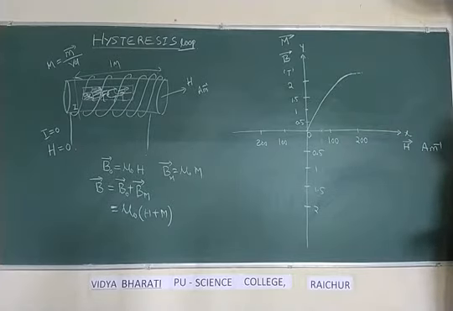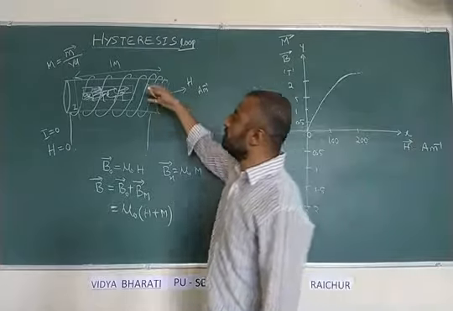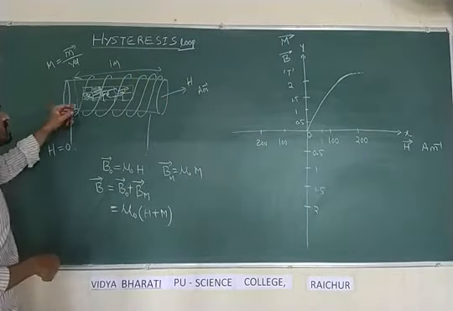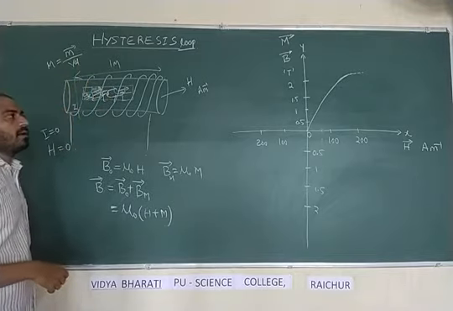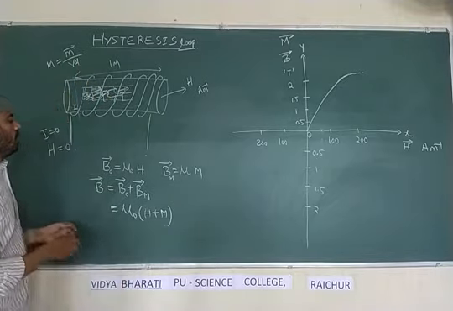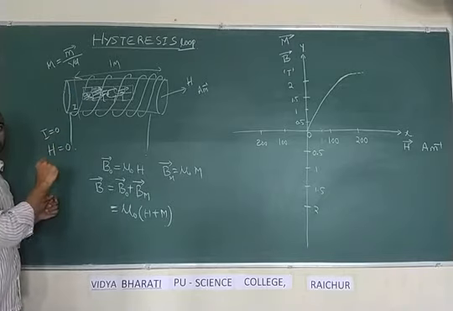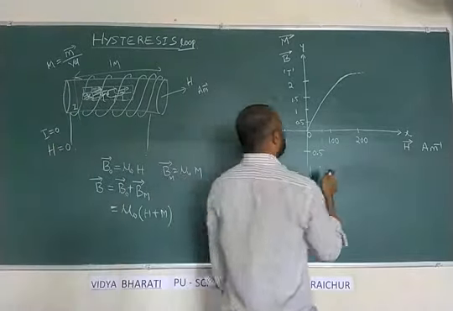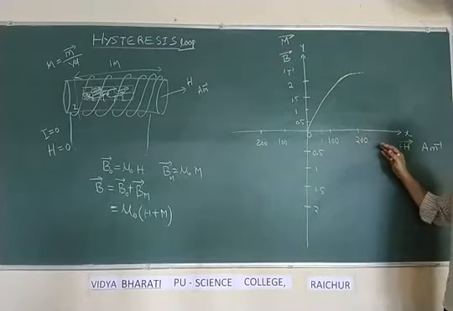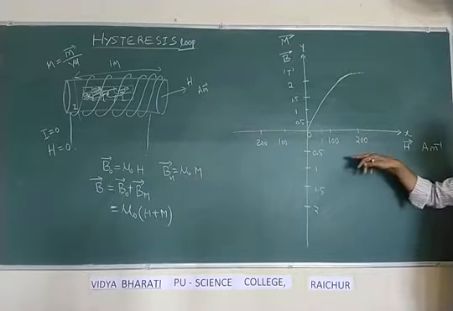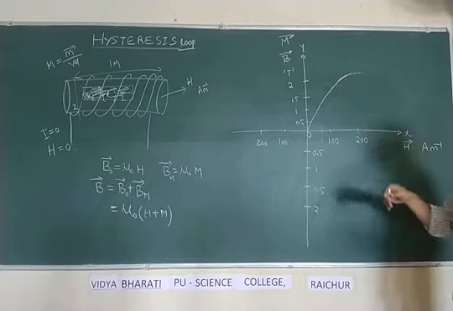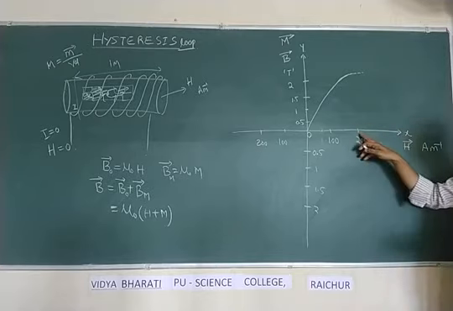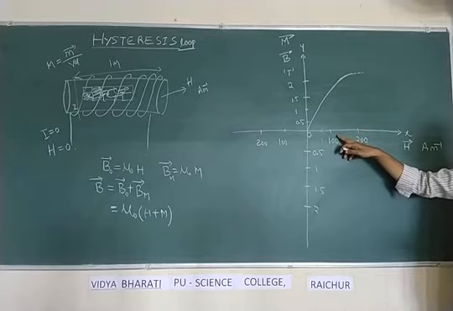Now, already saturation is reached. There is no possible chance of converting more iron into magnet. Already our iron is converted into a magnet. Now I start decreasing the current. Decreasing the current means, in other words, I start to decrease this magnetizing field intensity. As I start lowering the current, the magnetizing field intensity, which was 200 ampere per meter, I now decrease that from 200 to 180, 170, 100 like that.